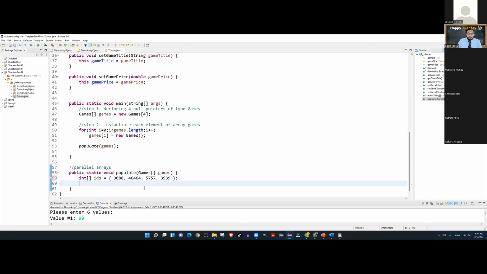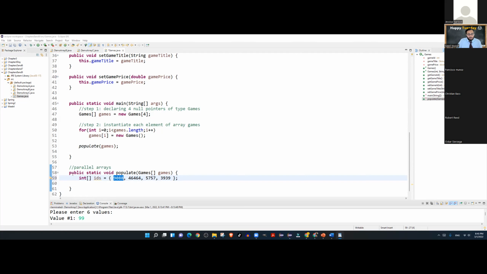So I have a parallel array with 4 values. Why do I have 4 values? Because I have 4 games. I will be assigning the first ID to the first game, the second ID to the second game, and so on and so forth.